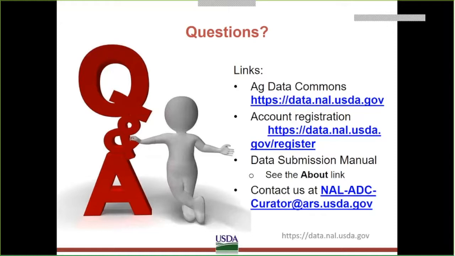And that way, no matter which way people are finding the data, whether it's through a link from an article or through a search that gets them directly to the data set, they'll have that additional context information. And in addition, the Ag Data Commons may have more detailed documentation that wouldn't be suitable for the article. But I think the key for all of this is that by linking the two together, the article and the data, you get the richest possible context that would enable the data to be understood and to be able to validate the results of the paper and to build on the work in the paper and the data.